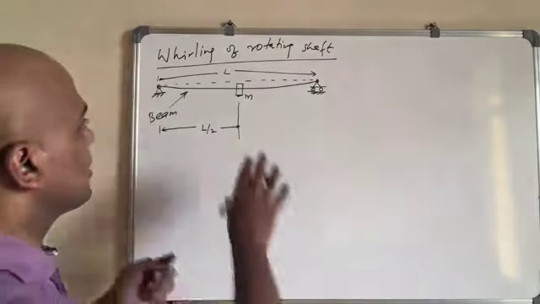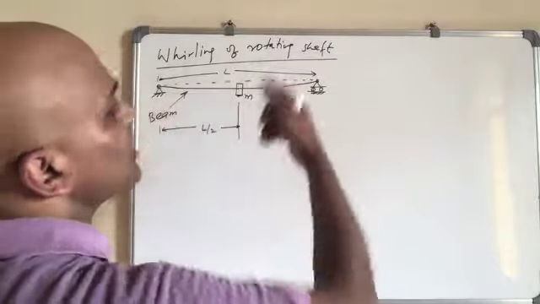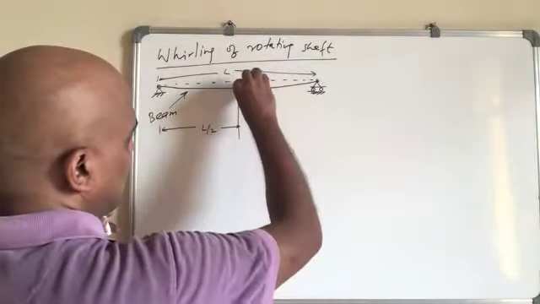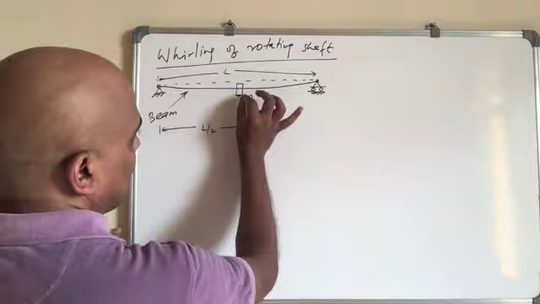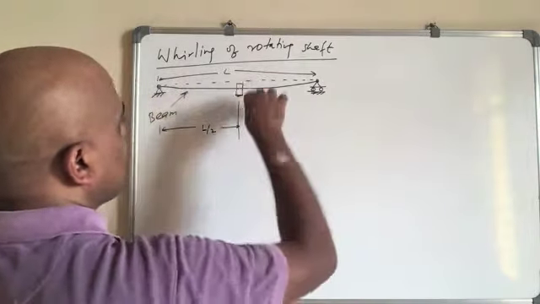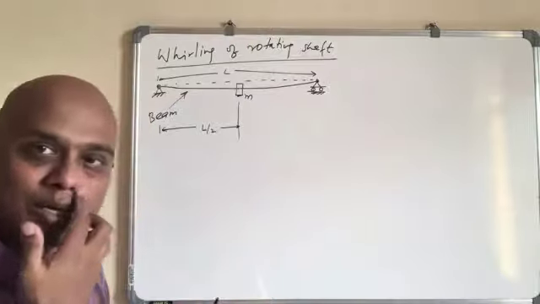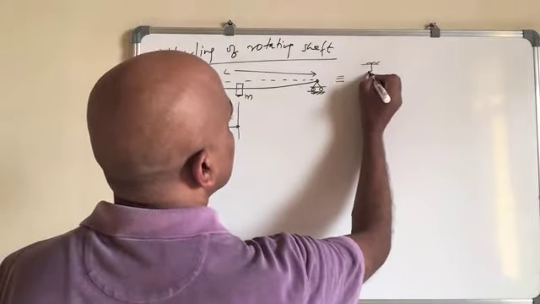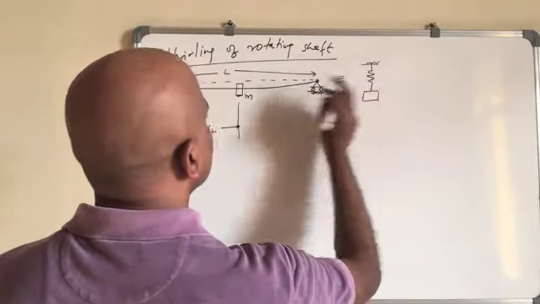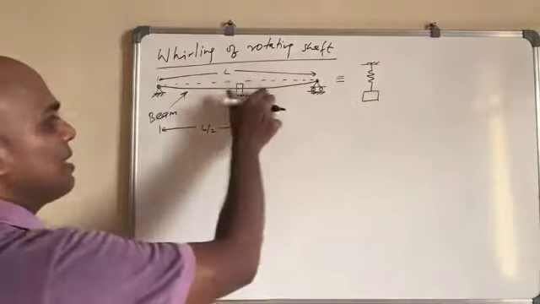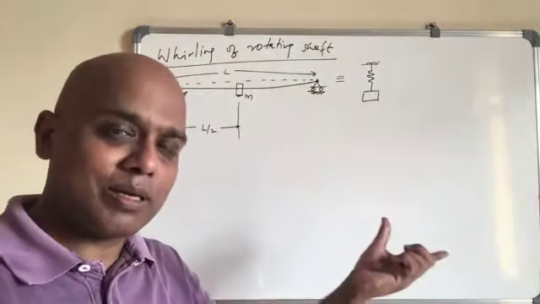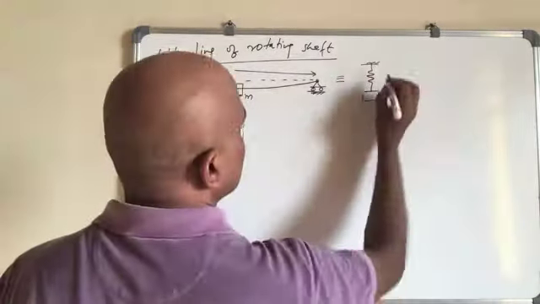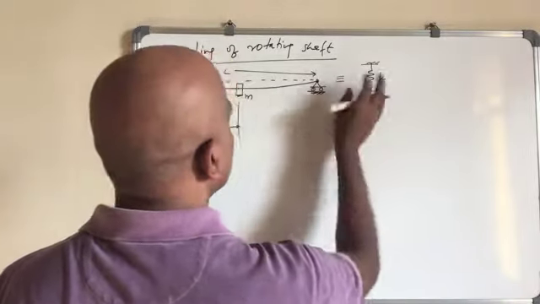Then what happens? If it is static, it is not rotating right now. If you give a little bit of push here, pull here, we will see it start vibrating up and down, because this is equivalent to a spring and mass system, assuming there is no damping. But the beam material can also have a little bit of damping, in which case you can also consider the damper there. But assume there is no damping here. So this is K and this is M, this is the equivalent of that.